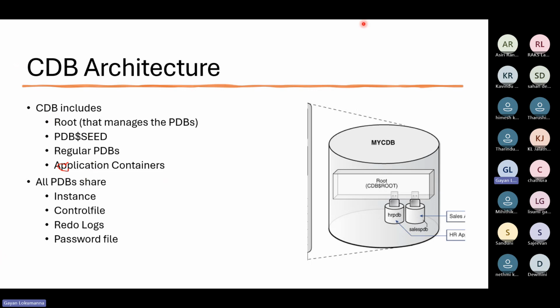Okay, so then we have the PDBs. PDBs will share the instance, the SGA that I was talking about, the control file, the redos, and the password file. So they're all shared by a single database. So we have a container database. Underneath, you have your root, which controls the rest of the pluggable databases. And by default, you will get your PDB$seed, which is a template database running in read-only mode. And then you can create your own pluggable databases